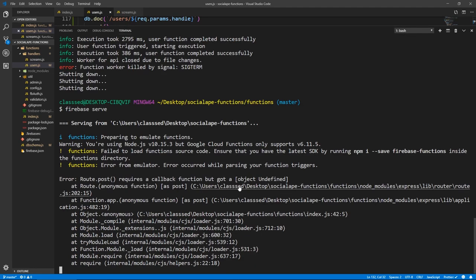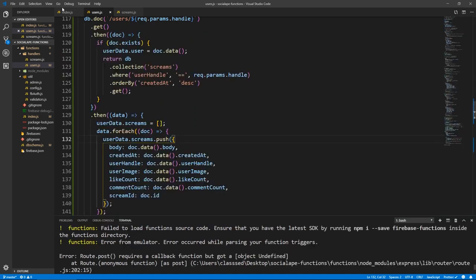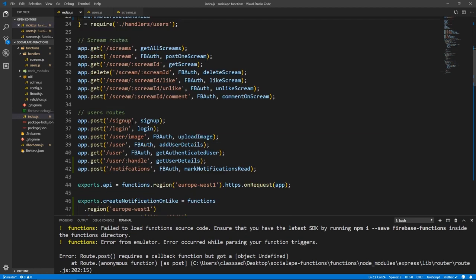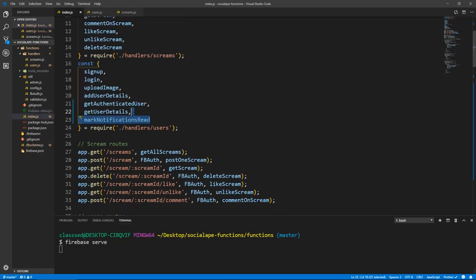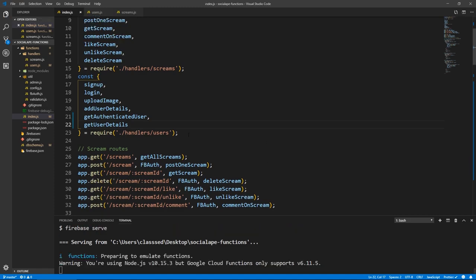Route.post requires a callback function but got an object undefined. Oh, because we haven't created this function yet. Let's just comment this out and try again. Oh, of course, let me remove it as well from here because there is no export for that.